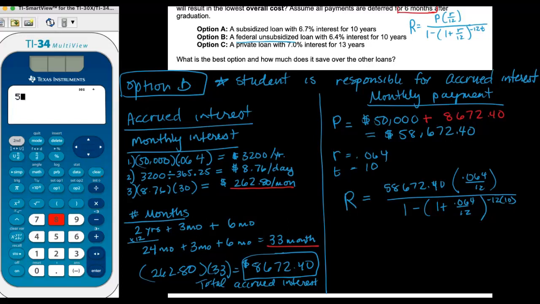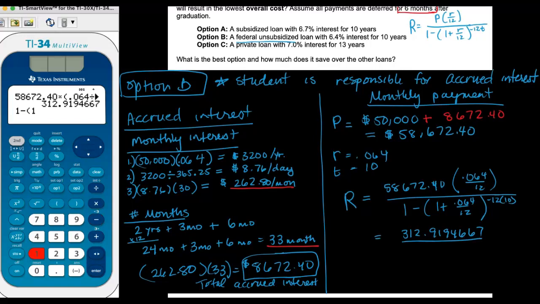So 58,672.40 times 0.064, and actually I don't even need that parenthesis. I get the same answer if I didn't put it there, divided by 12 equals, and this is the numerator, so I'm just going to write that out, so 312.9194667, and then I'm going to just do my denominator, so 1 minus